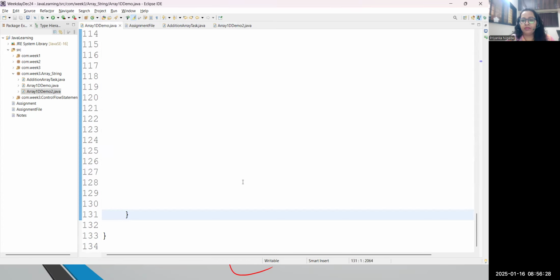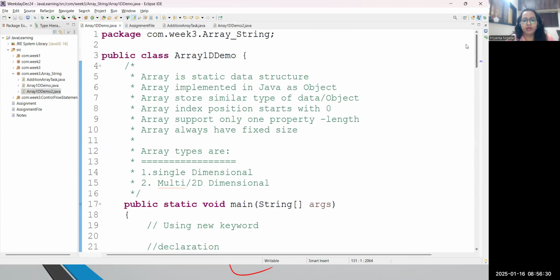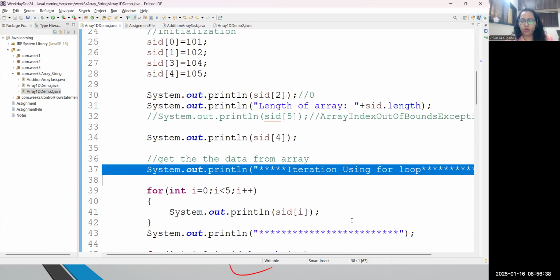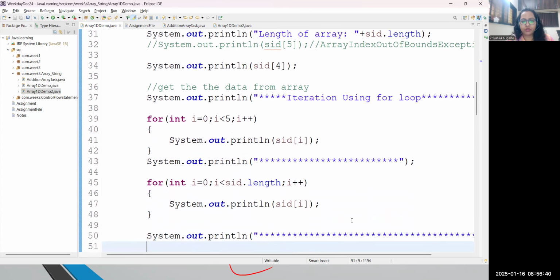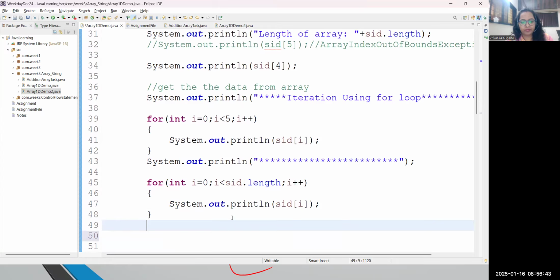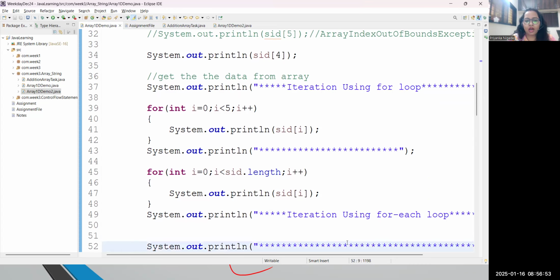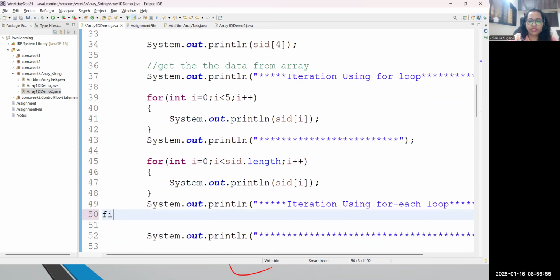In the first example, array demo 1, this is the first array, right? Which we have created, SID, integer type. And I have shown you iteration using a simple for loop. Now let me copy the same and I will show you iteration using a for each loop. Just have a look. So here I'm writing iteration using for each loop, right? Okay. So everyone, how to write? See, you need to just write